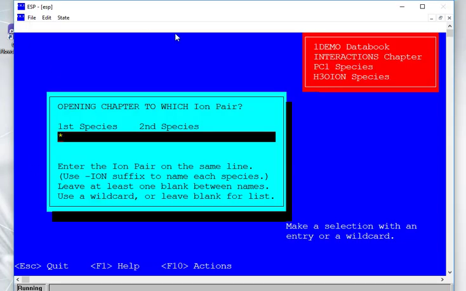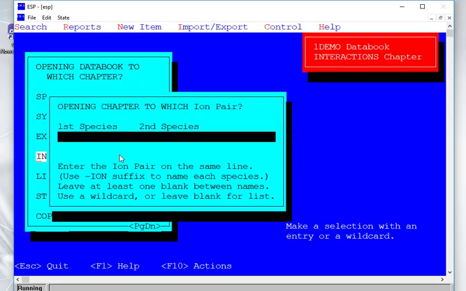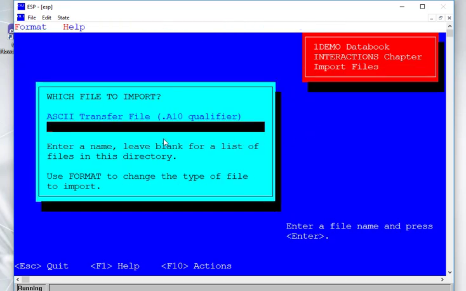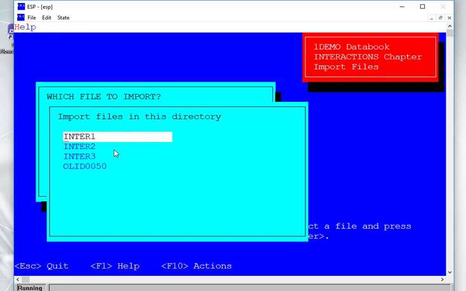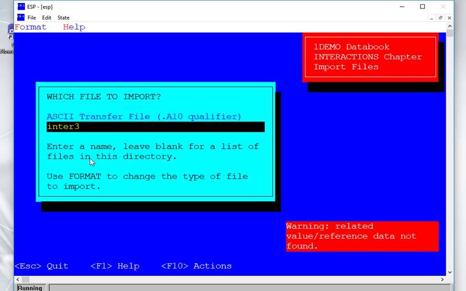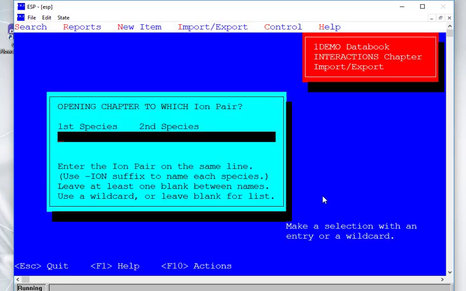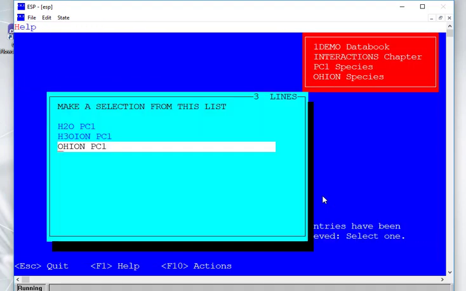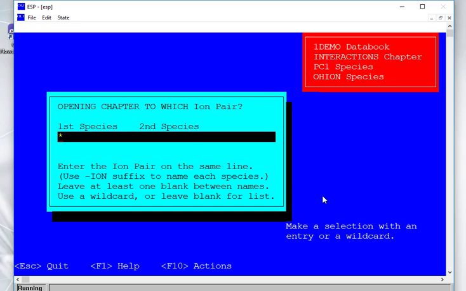Again, the screen doesn't update the menu line for some reason. Import, export. We're going to select enter 3. It brings it in. And if I look, now I have the third one. And again, you can adjust them as needed. So this is how you can add your interaction components as well as your